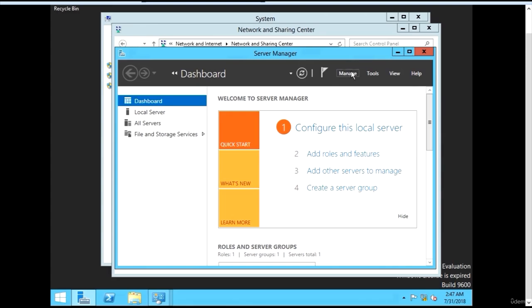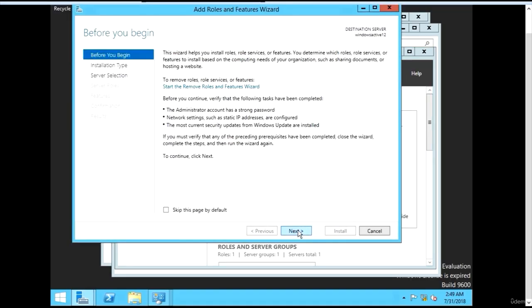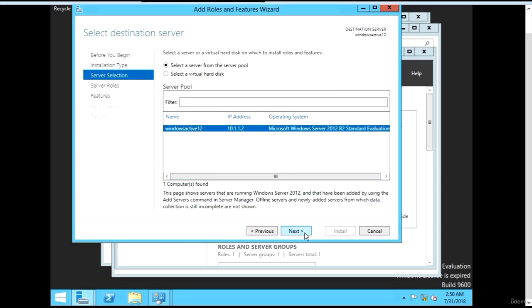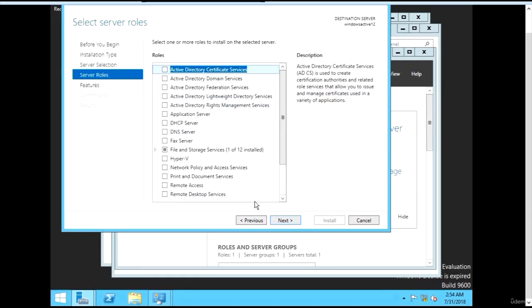We are going to click on Manage, and we're going to add a role and feature. Okay, it's going to be a role-based or feature-based installation. Okay. So we're actually going to do